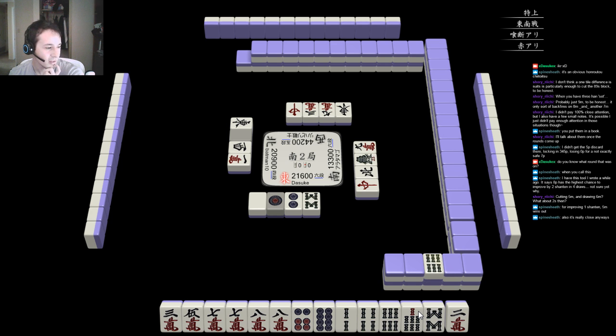And then also this shape is really good for making a pair. For improving 1 shanten, 5-man wins out. Also, it's really close anyways. Yeah. Actually,